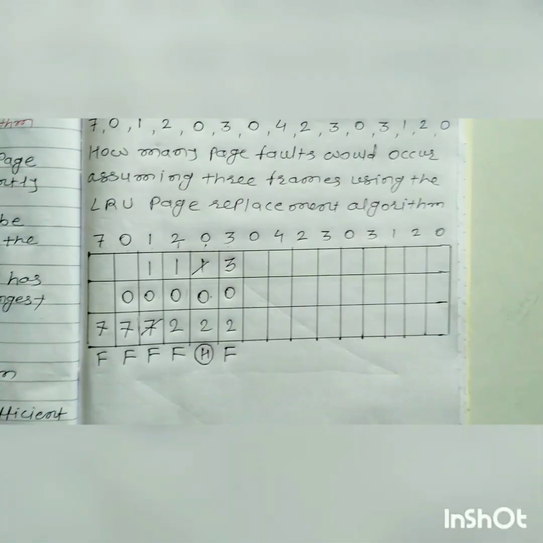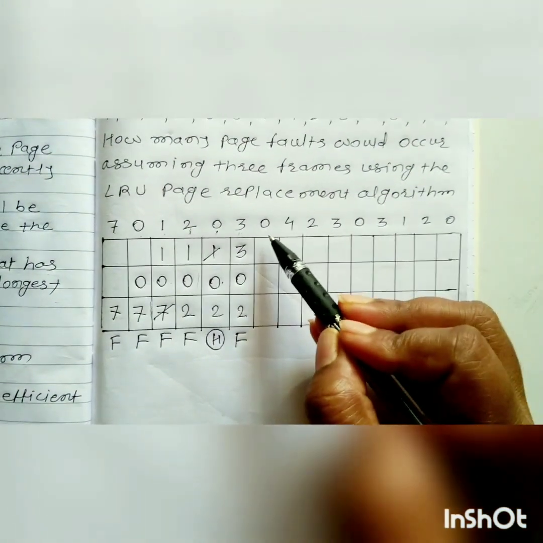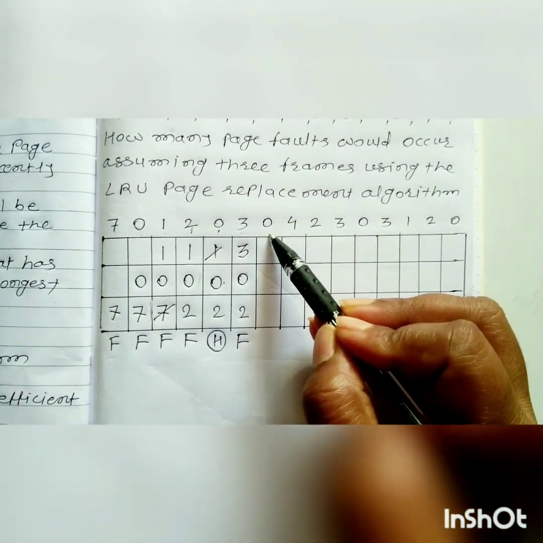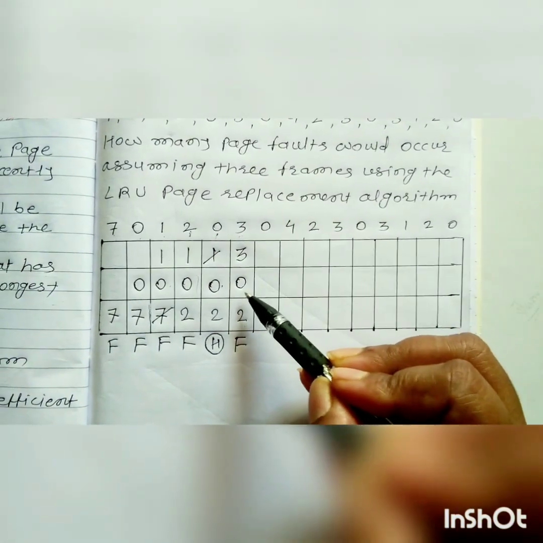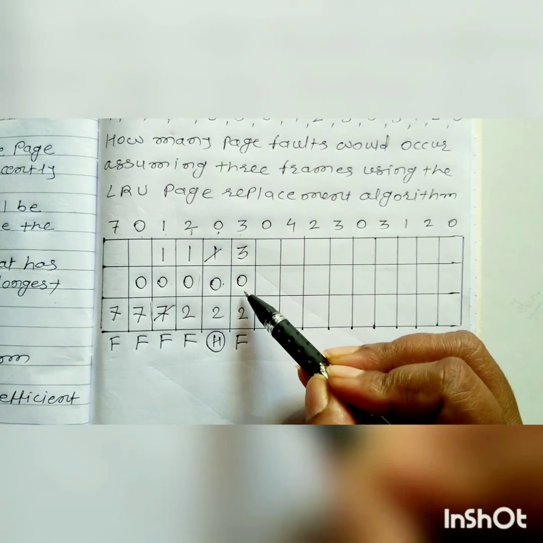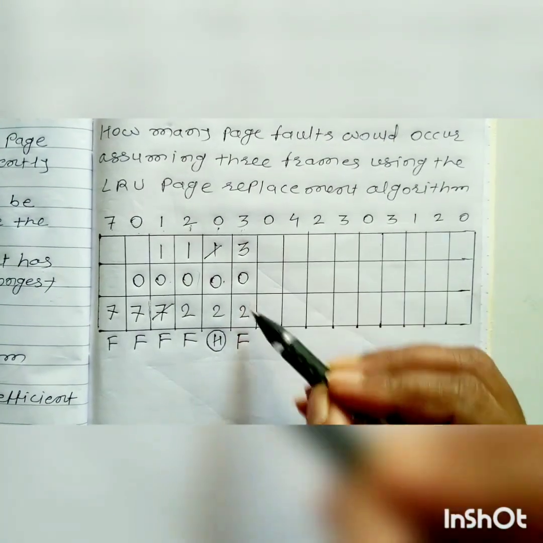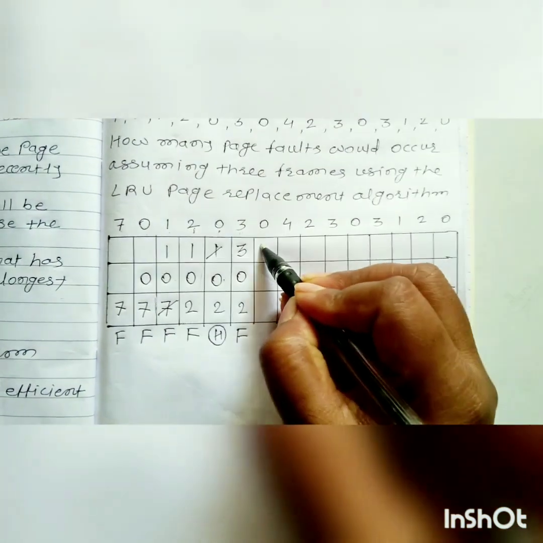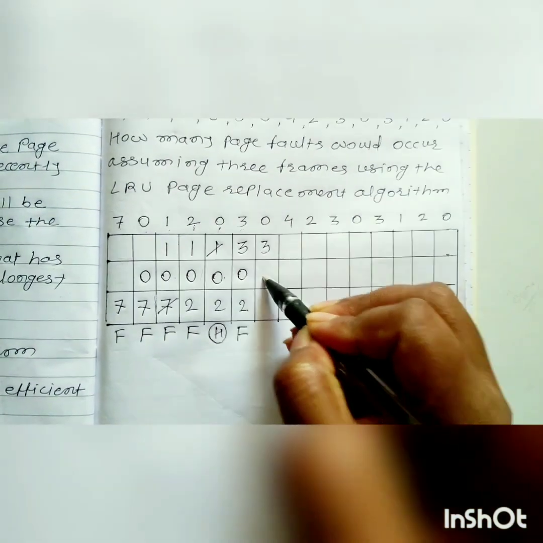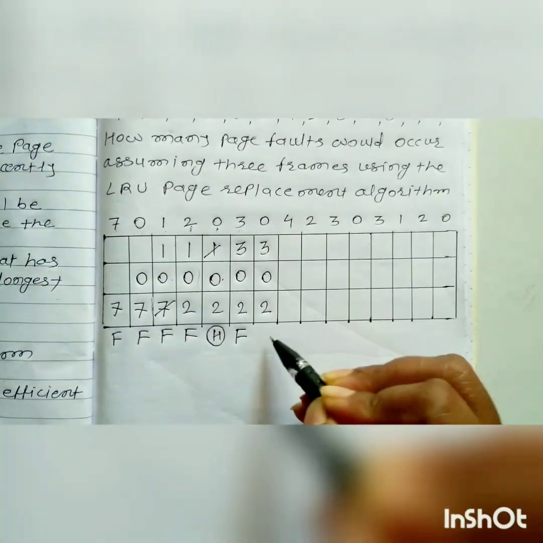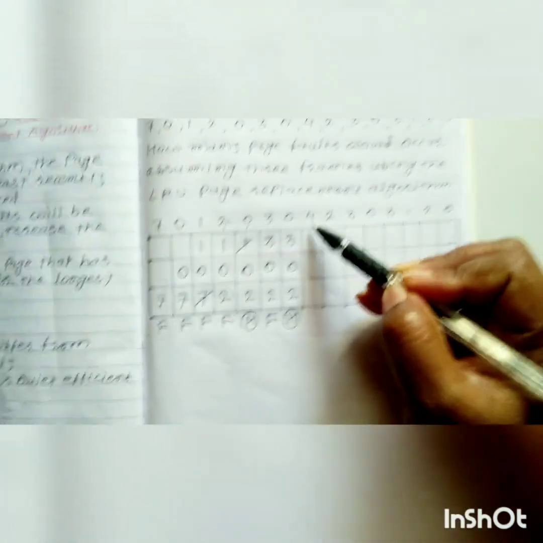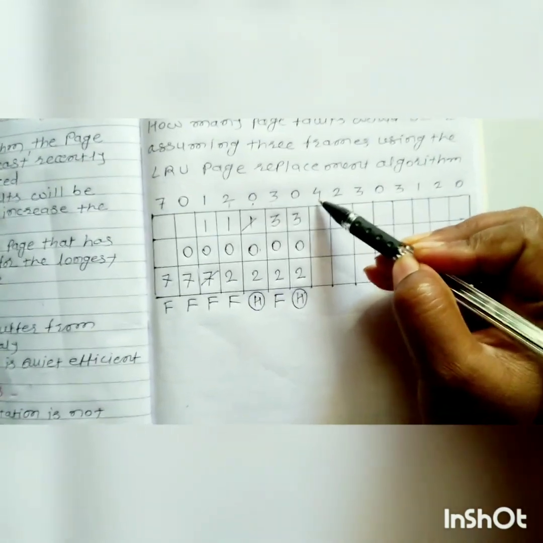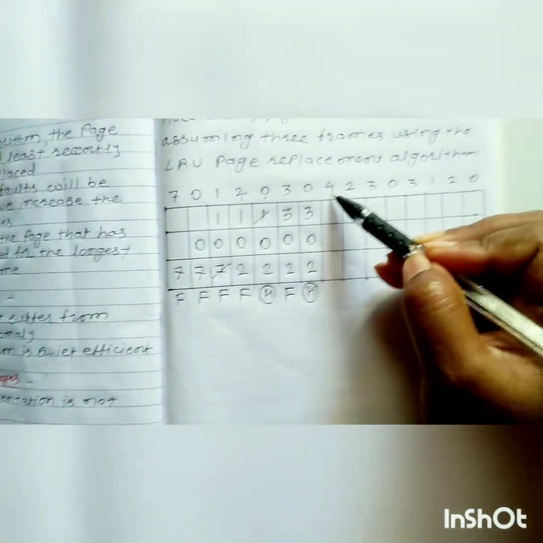This is a page fault. Now the next page you have to insert is 0. And if you see the previous frames, 0 is already there in the main memory. So this is known as a page hit, and you have to write down the pages as they are. Now the next page you want to insert is 4. To insert this 4, again what you have to do?